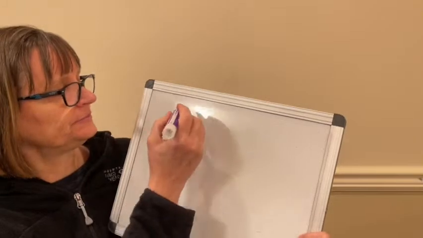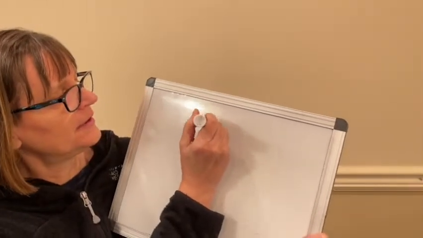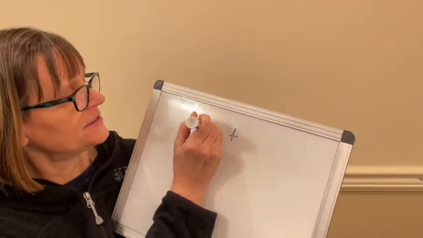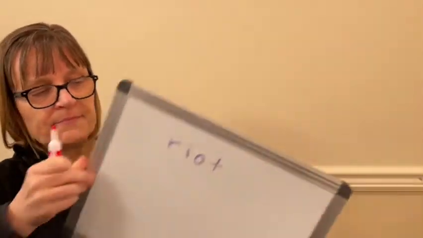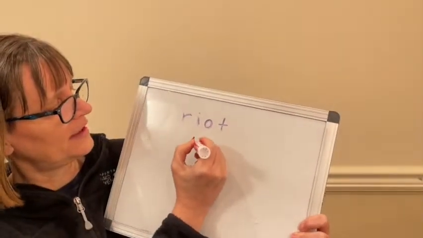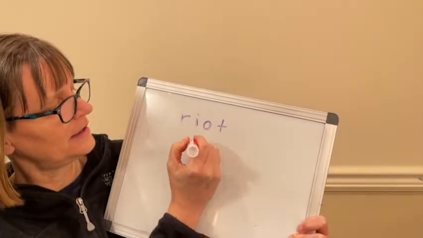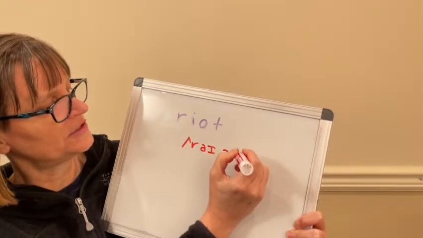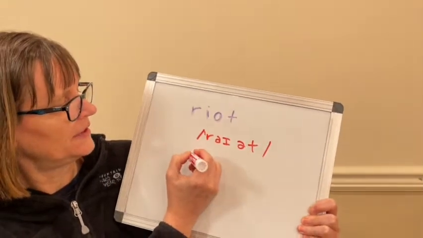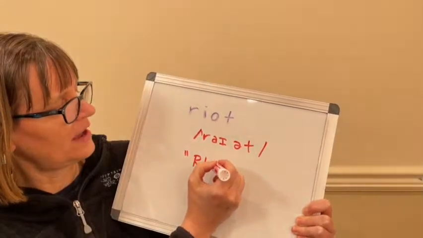Okay, we have a question about the word riot. Let's look at that word. So in the word riot, my pens are not working very well today. Let me switch it out. The word riot is 2 syllables stressed on the first syllable. Letter I says the I diphthong. So we have ri, and then letter O is going to be the unstressed schwa. So it sounds like riot